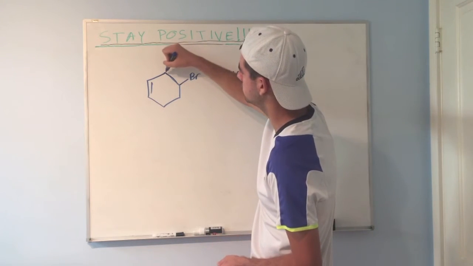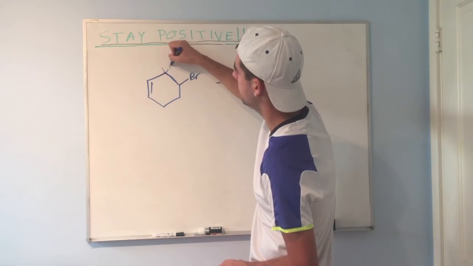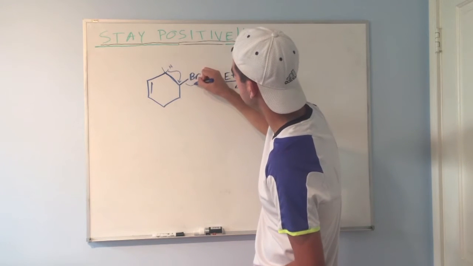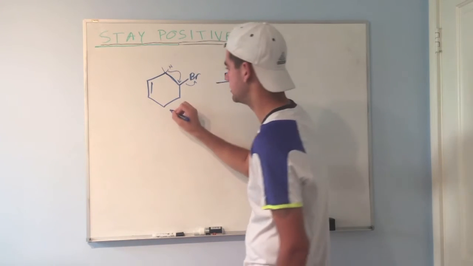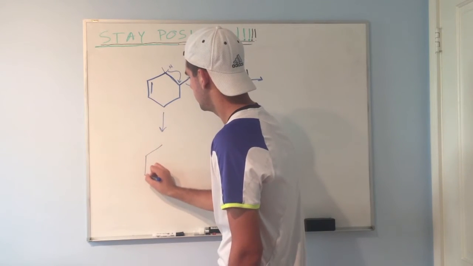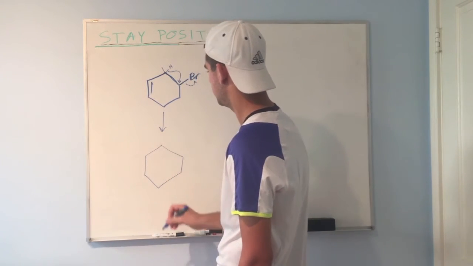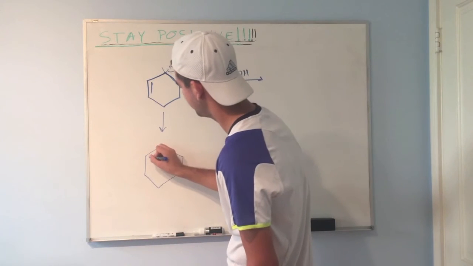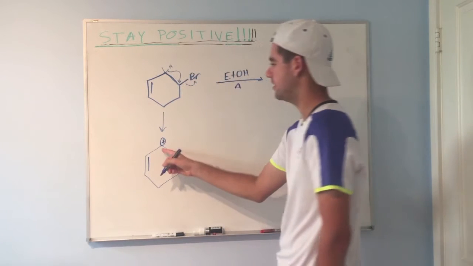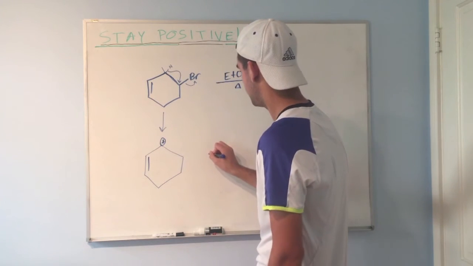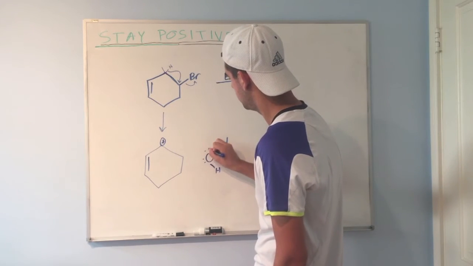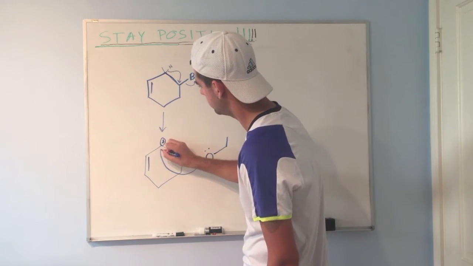There's a hidden hydrogen, there's 2 hidden hydrogens right there. Right? We'll grab one of them, move it to this position as bromine leaves, and now we're ready to start. Okay? We know exactly where our carbocation is going to be. It's going to be, and it's kind of ugly, sorry about that, it's going to be right here. That's our carbocation position. We have some ethanol floating around. That's ethanol. Going to attack the carbocation,